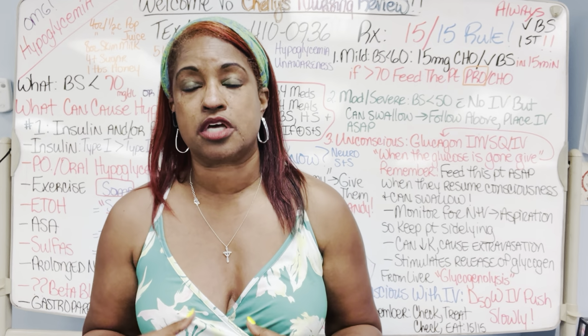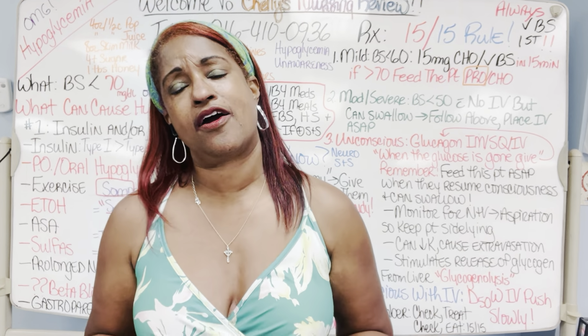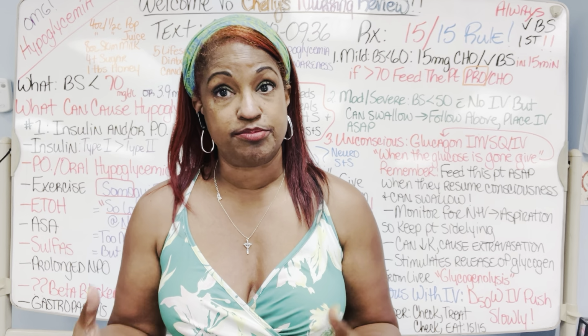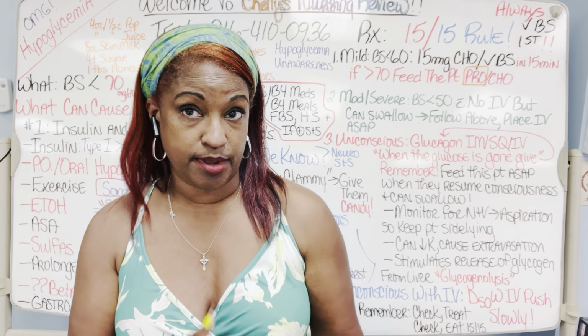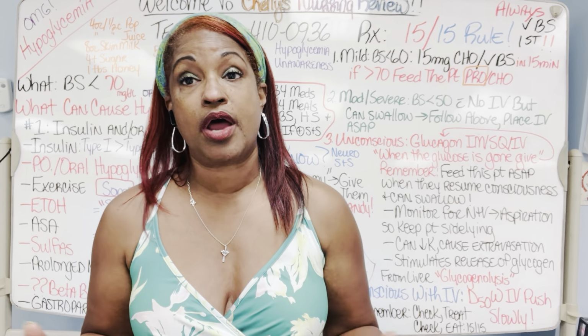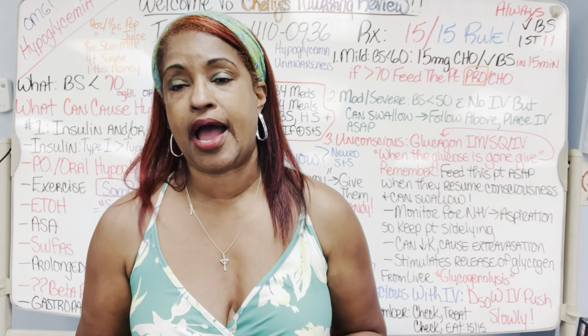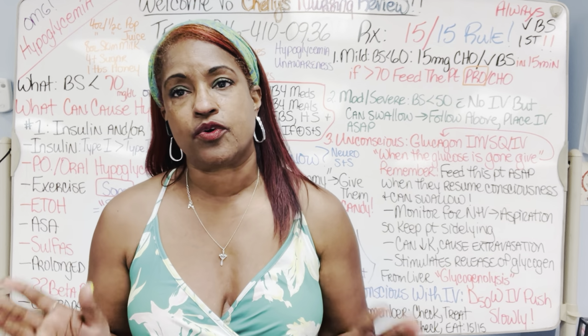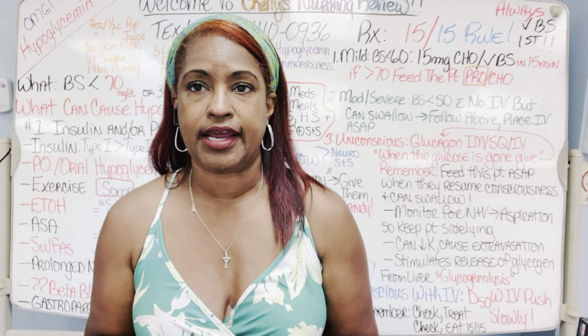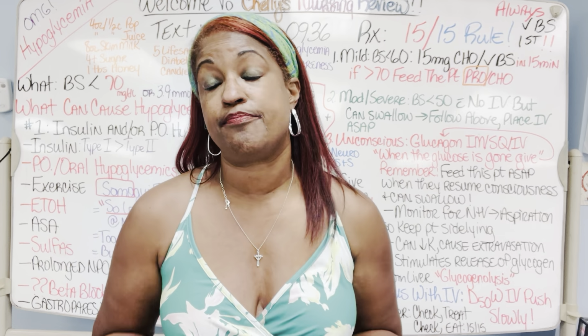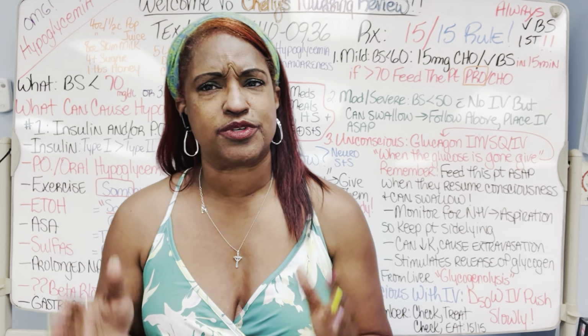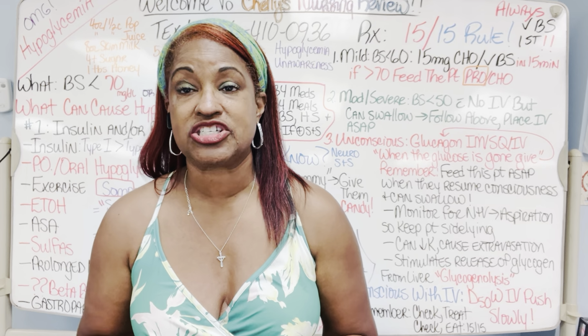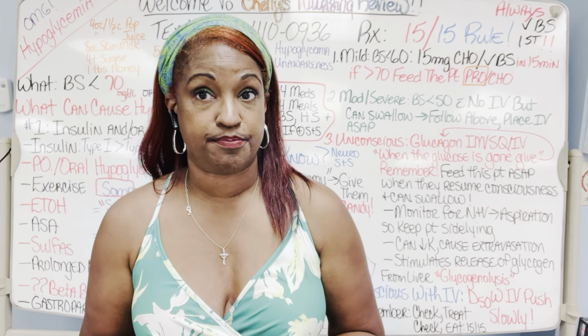Some of those sulfonylureas are medications that stimulate the production of insulin from the pancreas. So a type 1 would never take oral hypoglycemics because their pancreas can't be stimulated to do anything. But a type 2 diabetic who is on sulfonylureas, which is why we don't like to use them as much, can definitely have episodes of